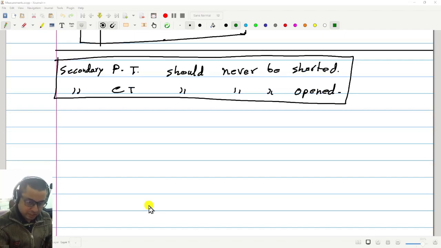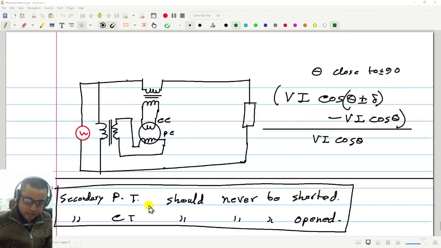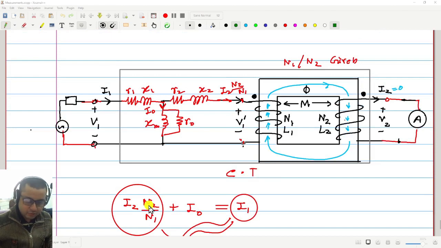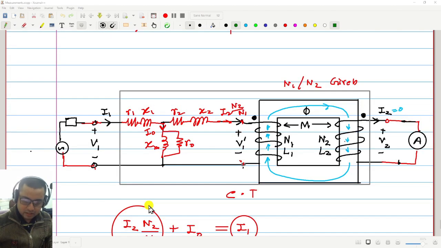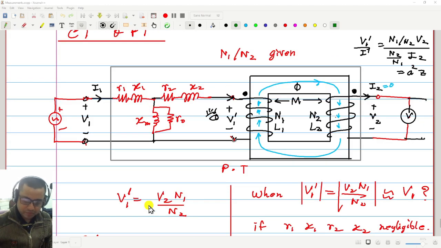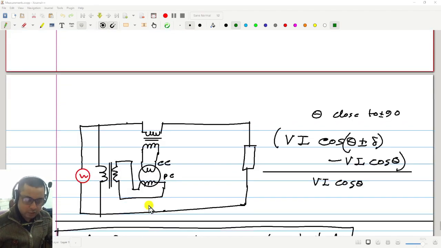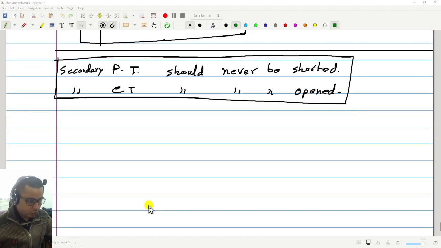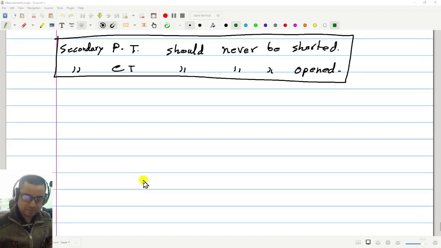Yeah, we were studying potential transformer and current transformer, and qualitatively we talked about the errors in a current transformer or potential transformer. We mentioned two types of errors: ratio error, that is the error in the magnitude of the measured value, and the angle error or phase angle error. So today we will see quantitatively what are the expressions for those errors.